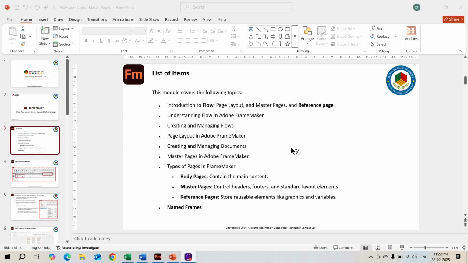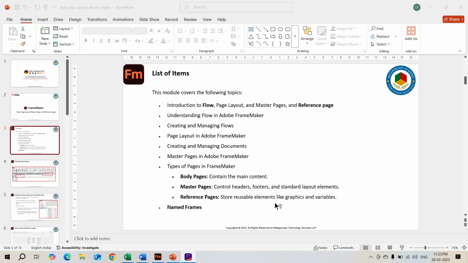Master pages control headers, footers and standard layout elements. Mostly they say that master pages refer to online help, so that you have the breadcrumb, you have various other proxies, and you have navigation facility inside, and they're also only for online help. And there's another section called type of page, which is called the page layout, which describes the header, footer and standard layout elements. But since FrameMaker talks only about body pages and master pages, here the page layout is for